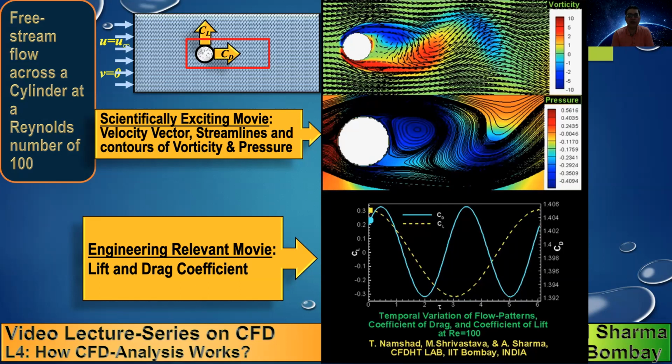So whenever we make a movie to develop a scientific understanding and correlate it with engineering information, although we have data for the complete computational domain, we try to zoom into a certain region near the solid surface where most of the fluid dynamic action is occurring. So here, the movie which I am showing you corresponds to the region which is shown here by the red rectangular region.